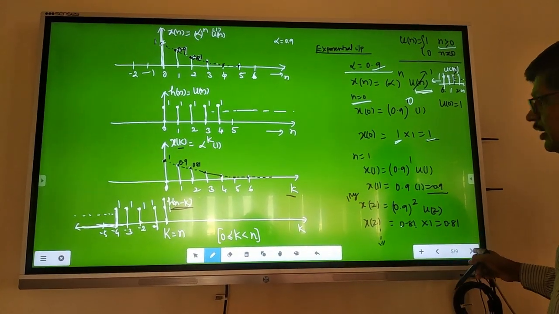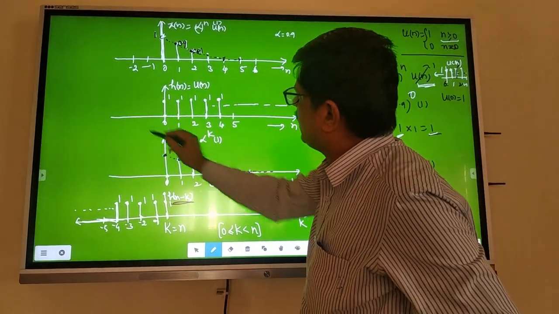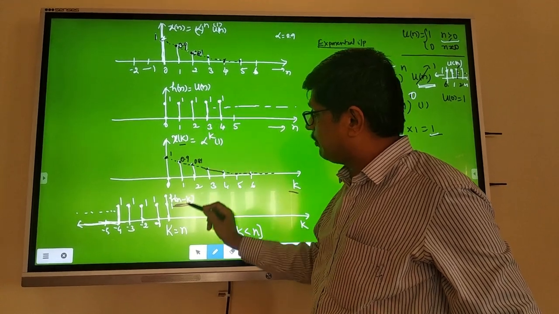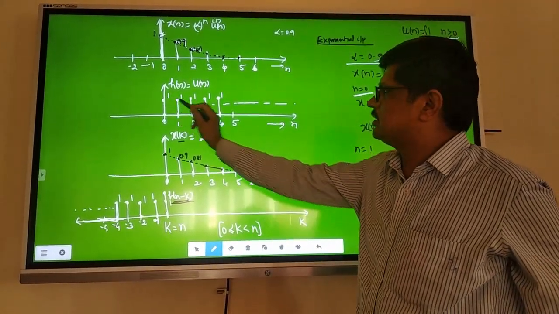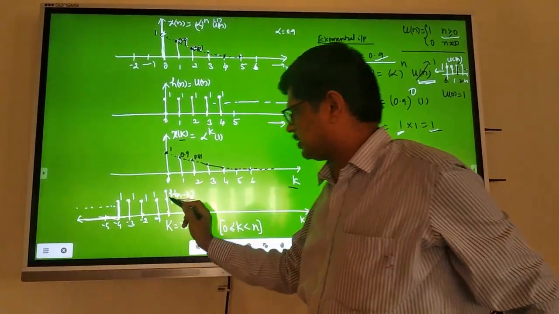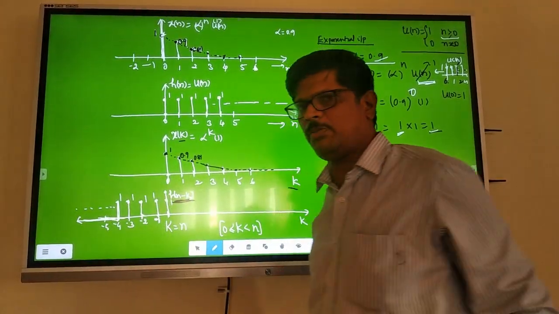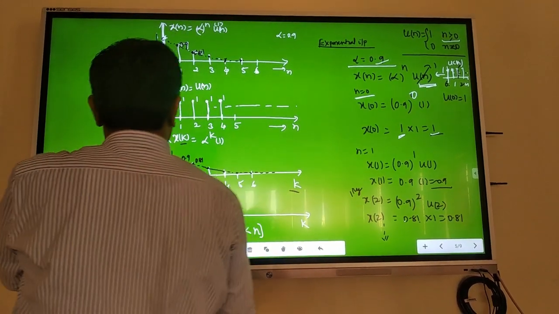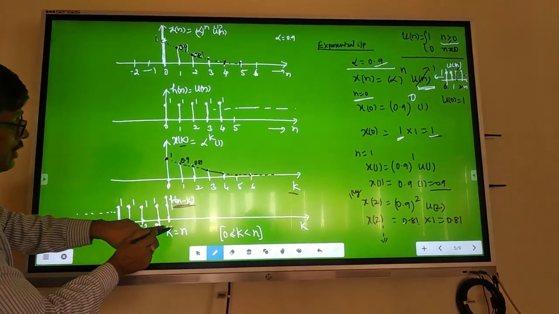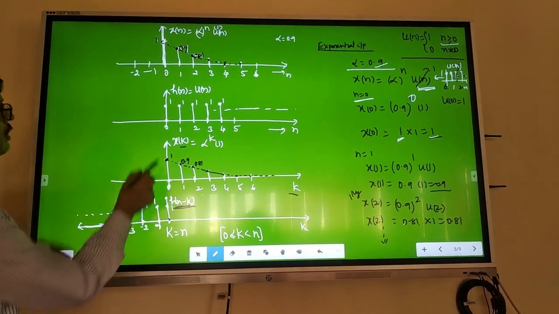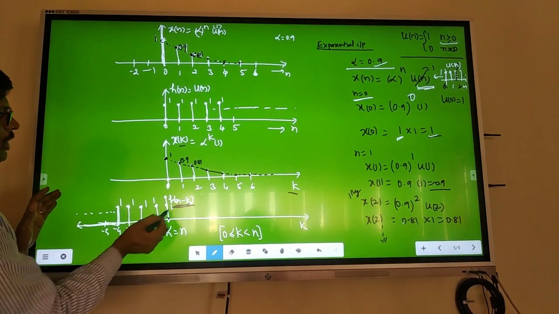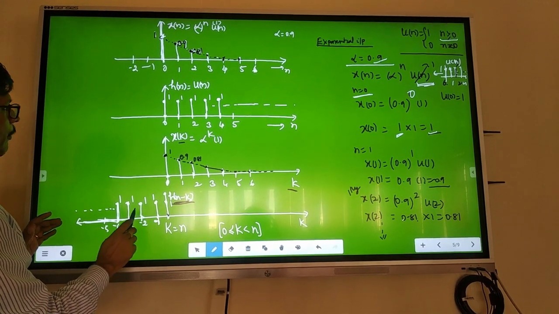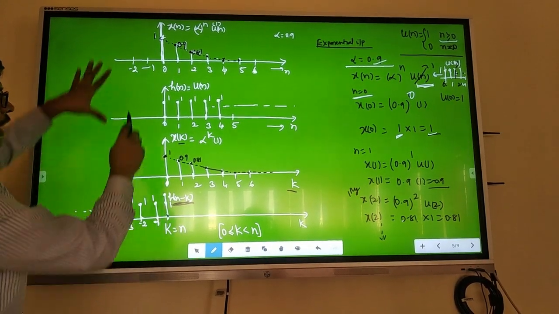Right. Now after finishing this problem, you will understand. Now, whatever second is there, you write that as the mirror image h of n minus k on this side, exactly opposite. H of n minus k versus k, now see, it starts at k is equal to n. Actually it is exactly reverse. It is a mirror image. Whatever is there now, write on this side: 1, 1, minus 1, minus 2, minus 3.